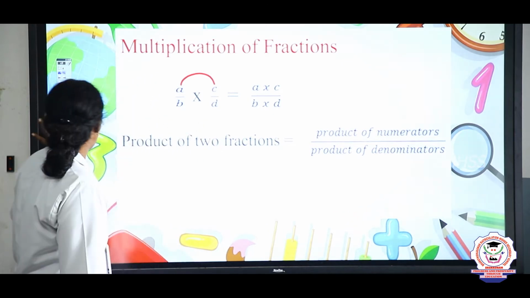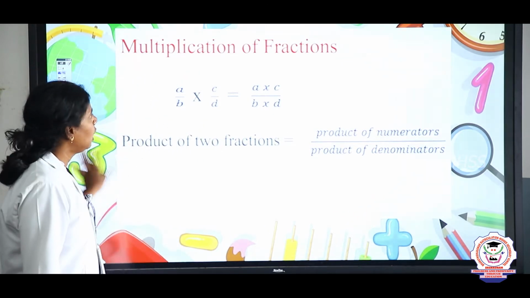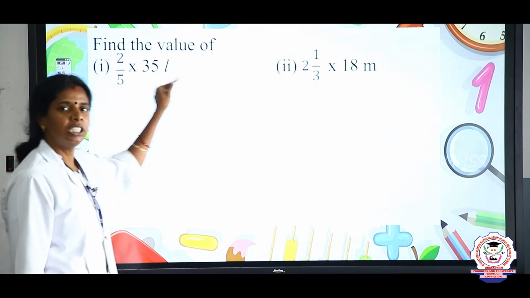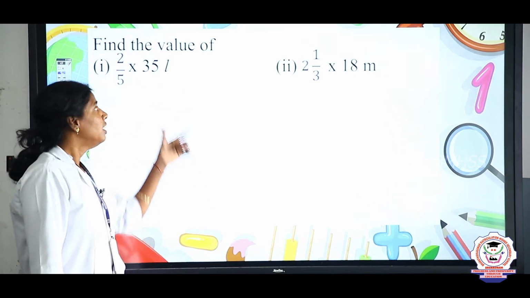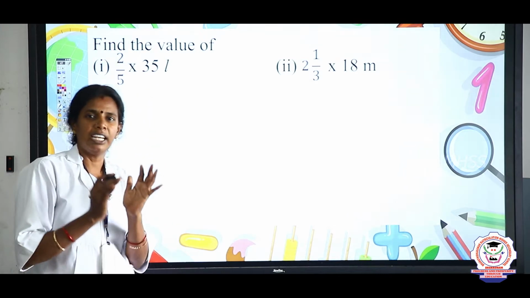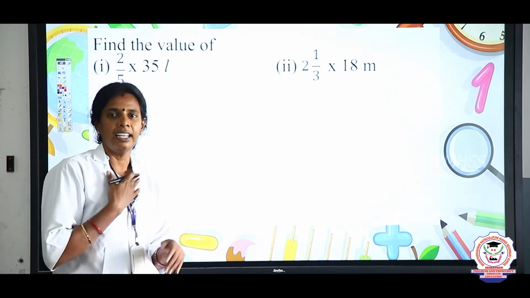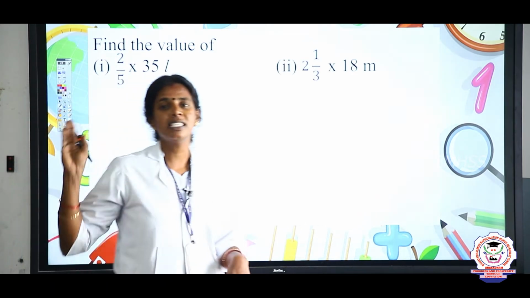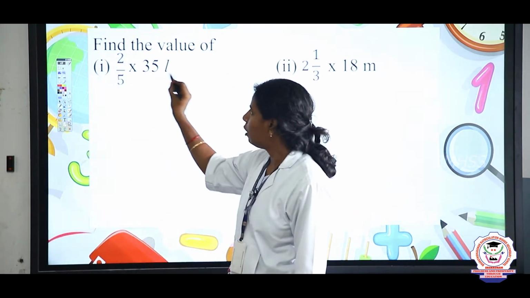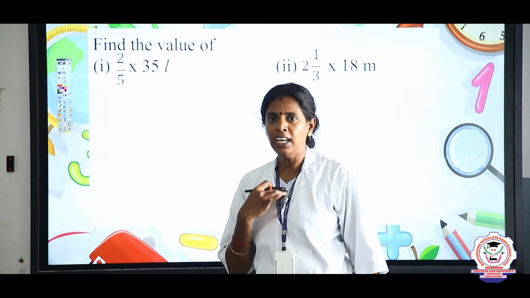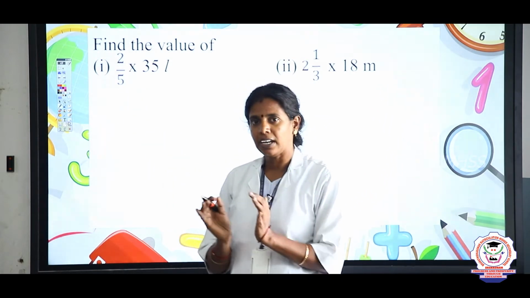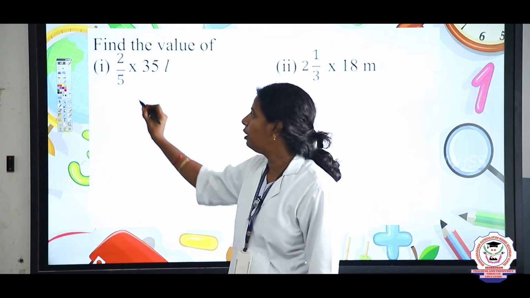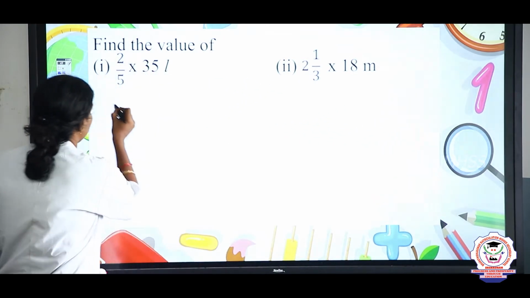Okay, how to solve these problems we will see now. See, the first problem is 2 by 5 into 35 liter. Just consider that 35 liters of milk is there and I need to buy only 2 by 5 of the part from this 35 liter. So, how much is the 2 by 5 part? That we are going to find here. So, 2 by 5